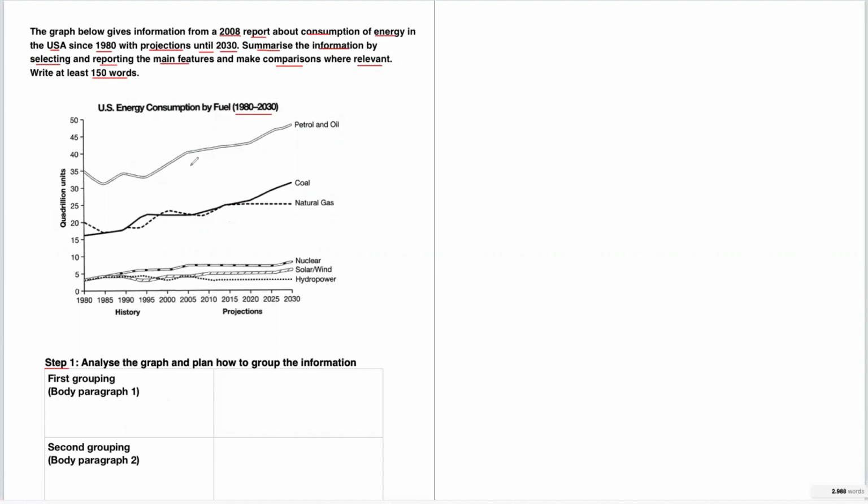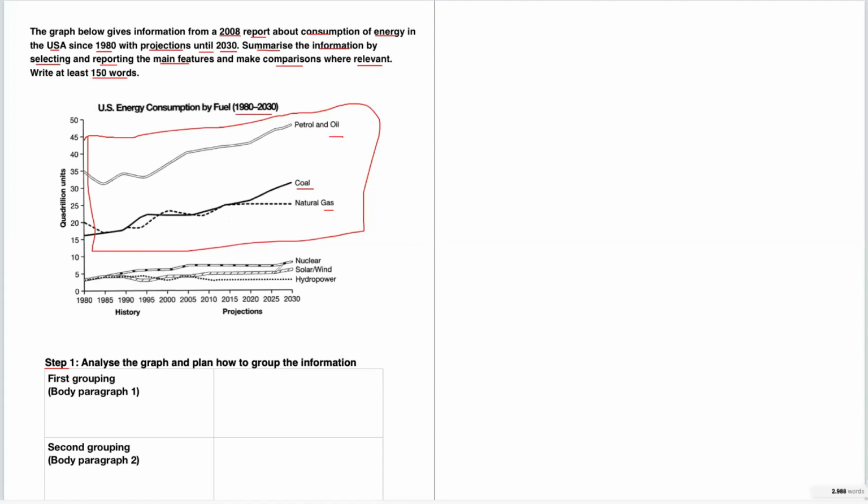So first off, just looking at this graph, we see that coal, gas, and oil, or you can think of these as fossil fuels, show the highest consumption of units with predicted increases. Okay, so you see that these are way here at the top. We've got our time on the x-axis and the quadrillion units on the y-axis. These three show the highest consumption of units as time goes on. So it just makes sense to make this whole section here, so fossil fuels, oil, coal, and gas, as one